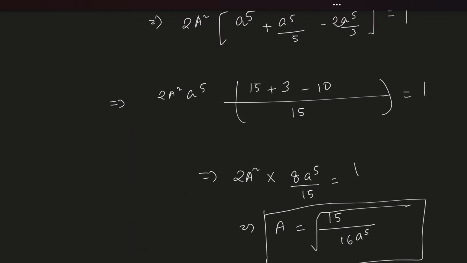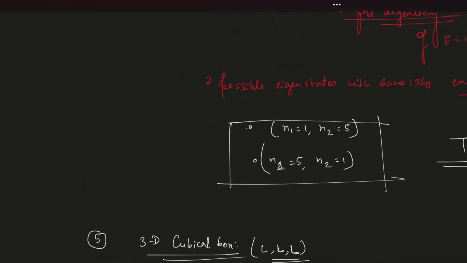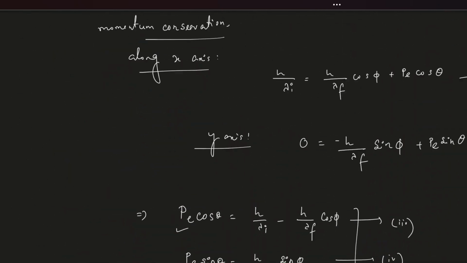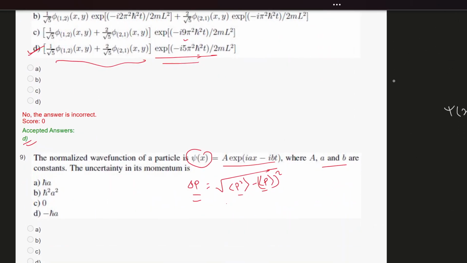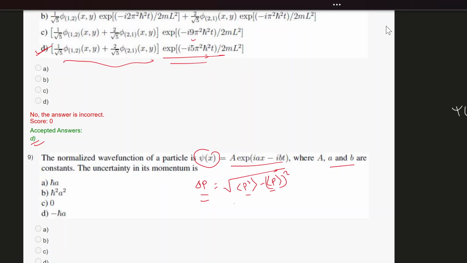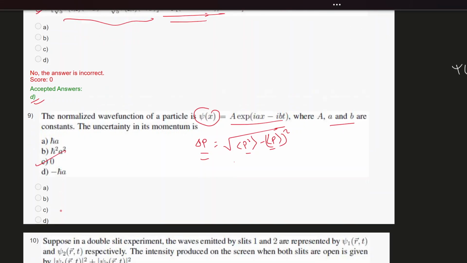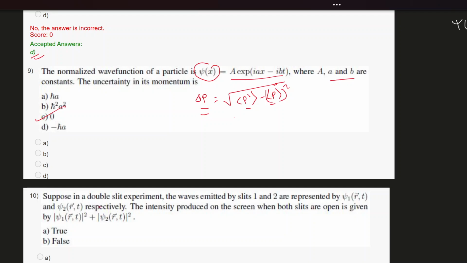So this is done. So we have obtained the answer. This is 0, right? This is 0. Now the last question is, suppose in a double slit experiment, the waves emitted by slit 1